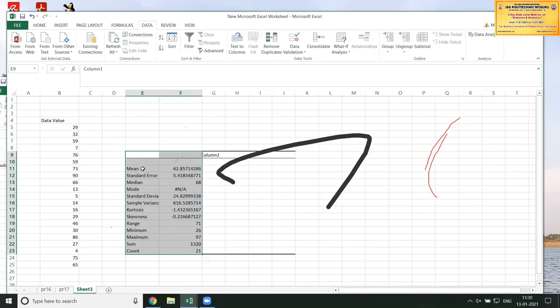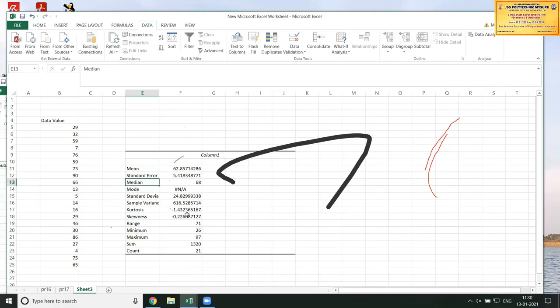So here you can see it is calculating the mean and standard deviation. Mode is not available here as no value has been repeated. Median has been calculated here. Kurtosis and skewness have been indicated. If it is negative, we can say that it is an asymmetric frequency.